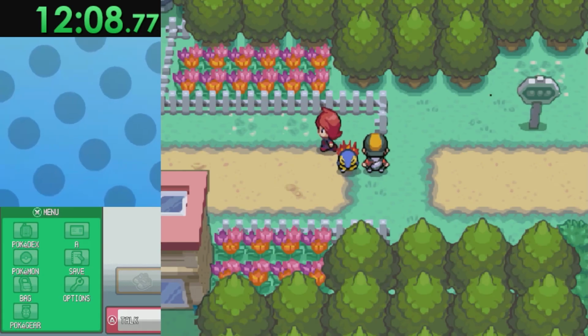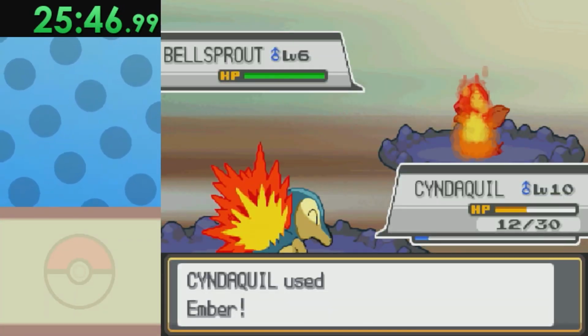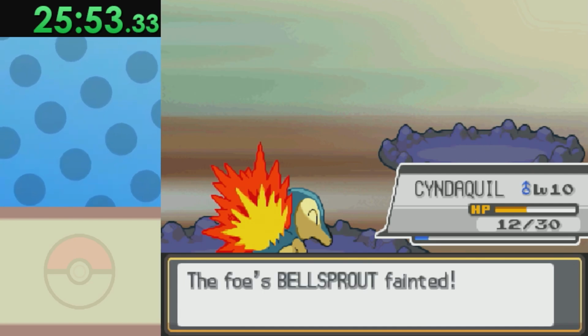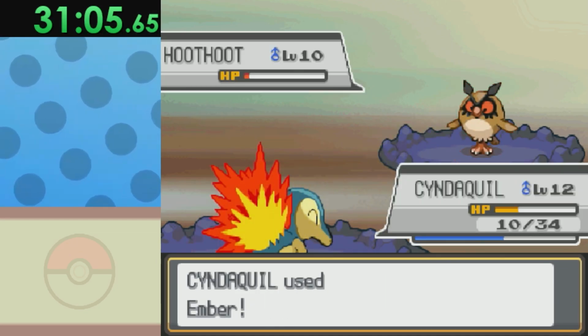Come on, man. Once we beat our rival, we do the catching tutorial and we just make our way to Sprout Tower. This is fairly simple as we just Ember every Bellsprout in sight, and I did fight every trainer aside from one to get as many levels as possible for Falkner. The Elder did put us to sleep with Hoot Hoot like always, but from there, we were ready to enter